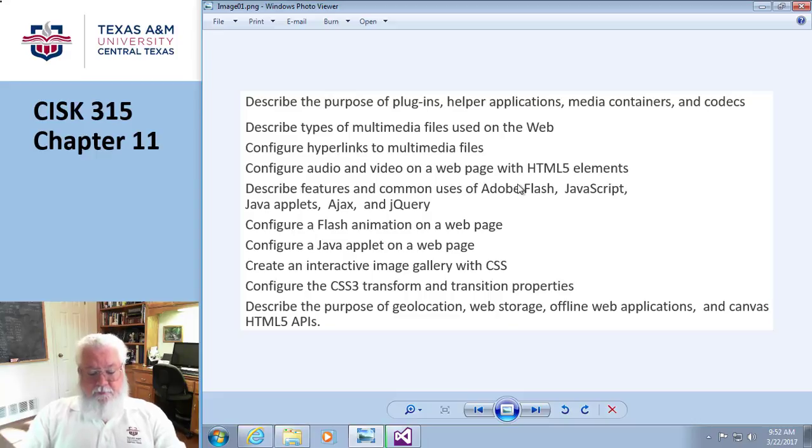Okay. Which brings us to the thing about codecs. I didn't actually mention media containers, but when we get to video and audio, we'll explain what that means. So what the heck is a codec? That sounds like something from one of those goofy movies, I don't remember the name. But anyway,